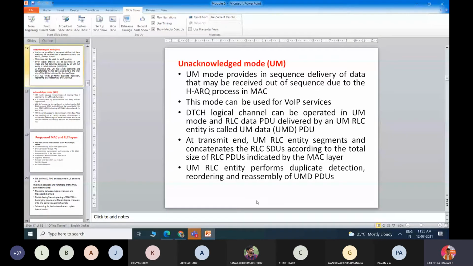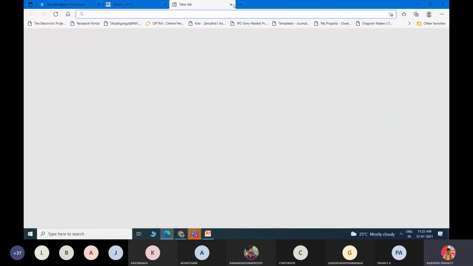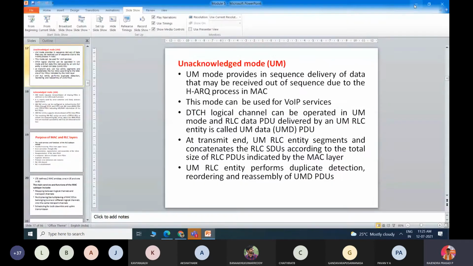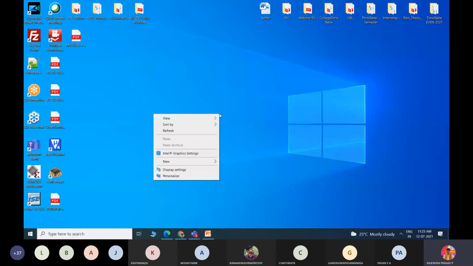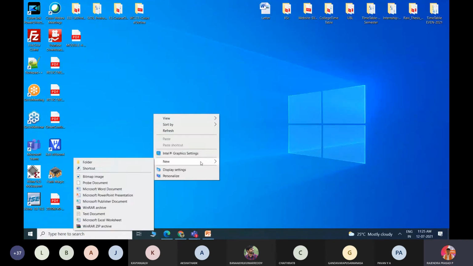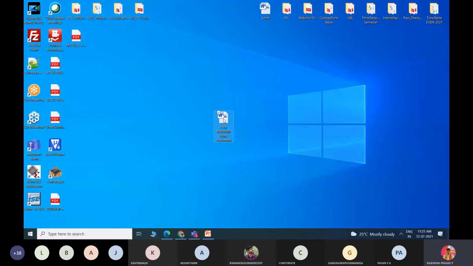To explain this part, I'll just take this PDF. Okay, one second.